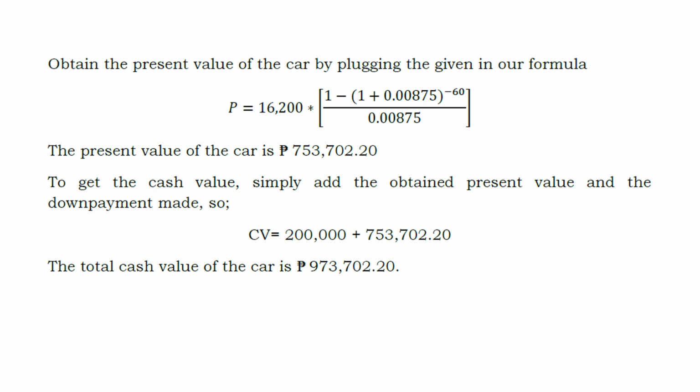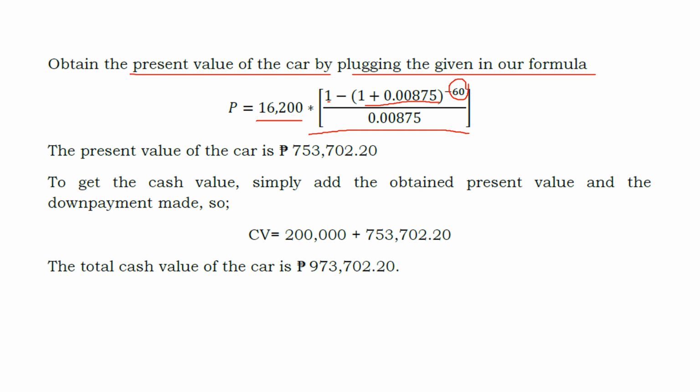So for us to obtain the present value of the car, we simply substitute the given values into the formula for the present value. We substitute 16,200 multiplied by 1 minus 1 plus 0.00875 raised to negative 60. That will be the number of months within 5 years, that is 5 multiplied by 12, so it becomes 60. So negative 60, raised to negative 60, all over